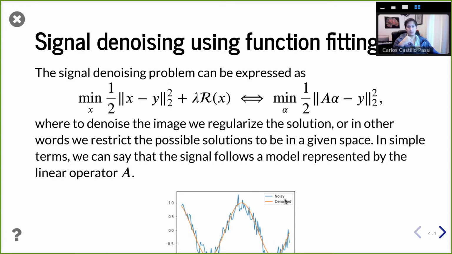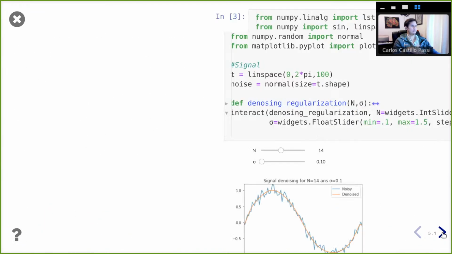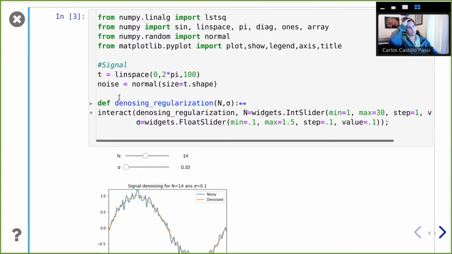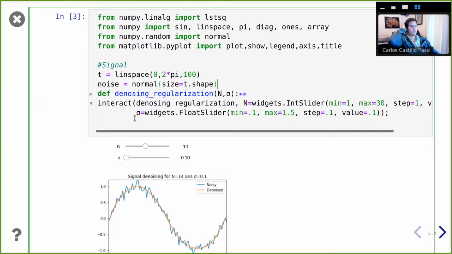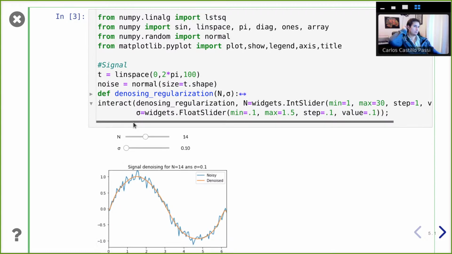This can be thought of as projecting our noisy signal into a space that is represented by less noisy signals. So for example, here I'm creating the least squares problem